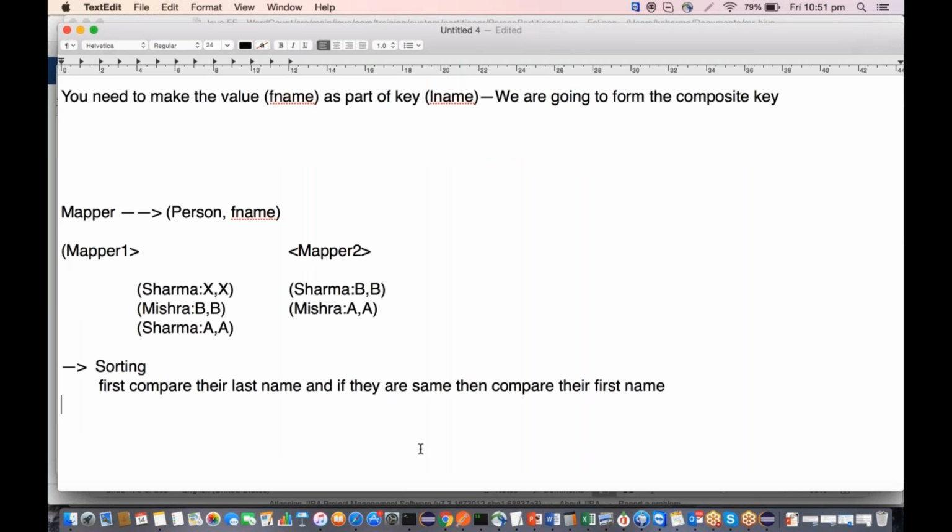Correct. Now, with that logic, if I'm going to do that, Sharma and Mishra, so Mishra will be coming first. Right, because Sharma and X, whatever keys are compared. If you're comparing everything, when you compare Mishra and Sharma, since M comes before S, Mishra will come up automatically. Now, when these two keys are compared, Sharma is the same, but A is smaller than X, so Sharma A should come next, and then Sharma X should come next